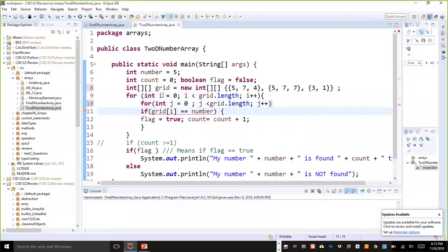Okay, then if grade, I need another index over here. Okay, so then